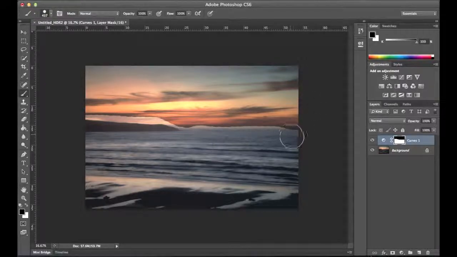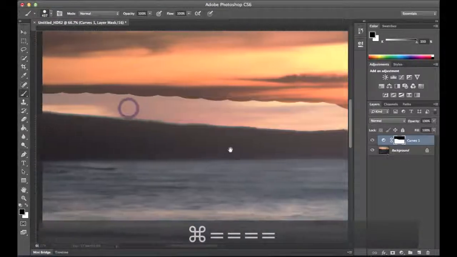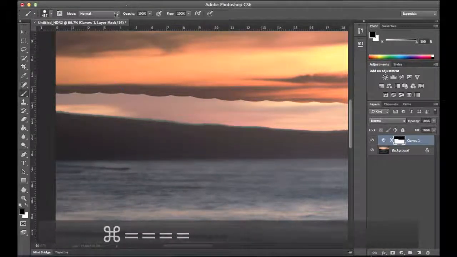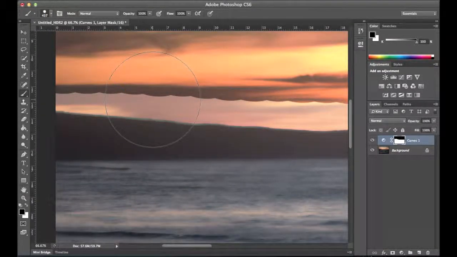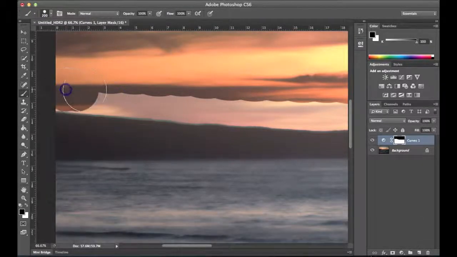Maybe a little bit too far there. We'll correct that in a second. And now let me start to adjust at a little bit finer detail. Let me zoom in. I'm using Control+, and we'll come in over here, and we'll adjust the size of the brush down. So I'll use the bracket key to adjust the size of the brush down, and we'll come right along here